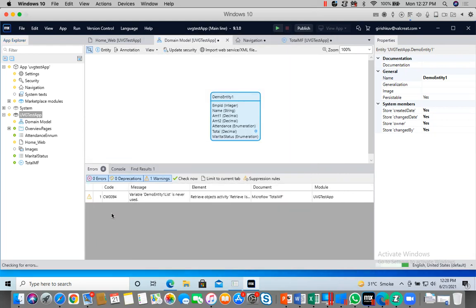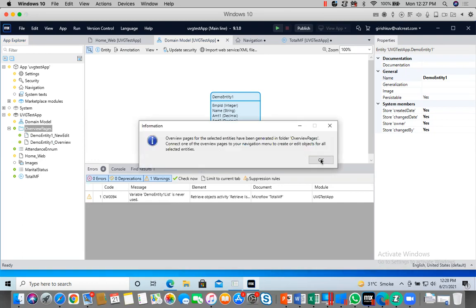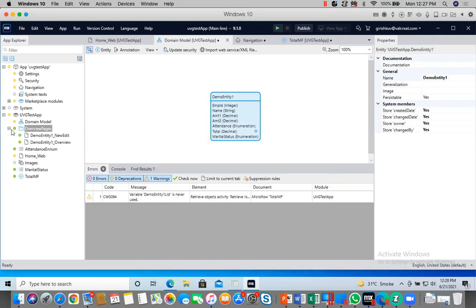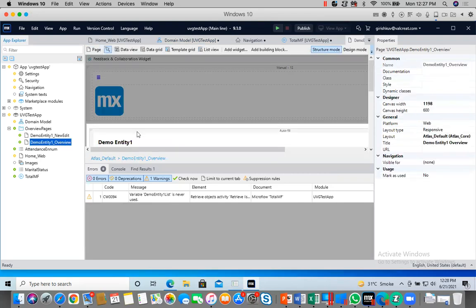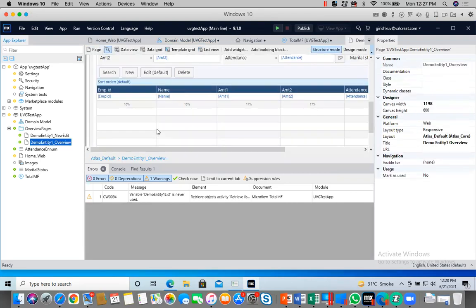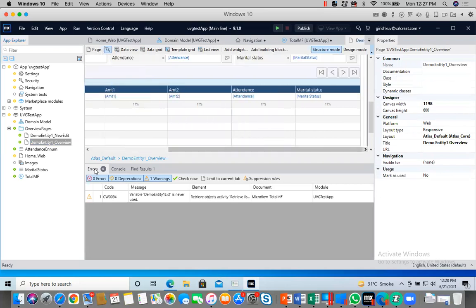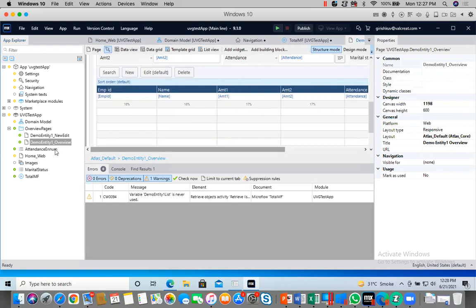It will create the overview. Now you see under the overview pages folder, you have the demo entity overview and edit pages. If I open this, see, everything has come automatically.